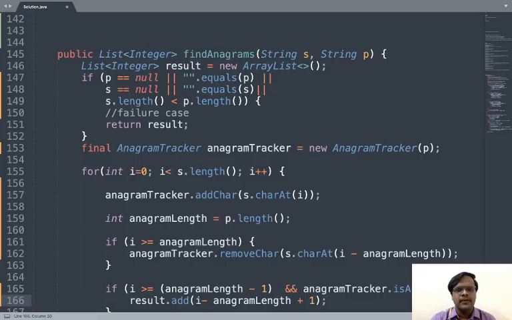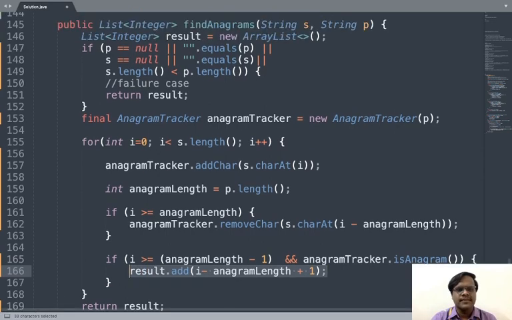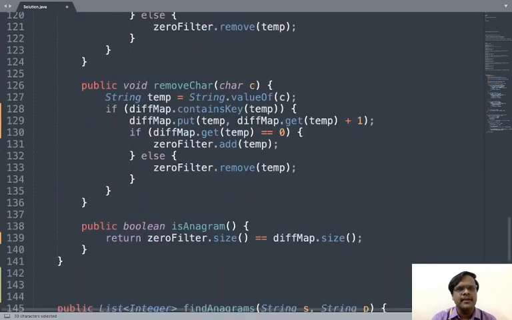For that, we need to make just a small modification: if we find any anagram, we just return true, and otherwise it will always be false. So there is a little bit of a tweak to the problem, but our algorithm is still valid for that problem statement as well.